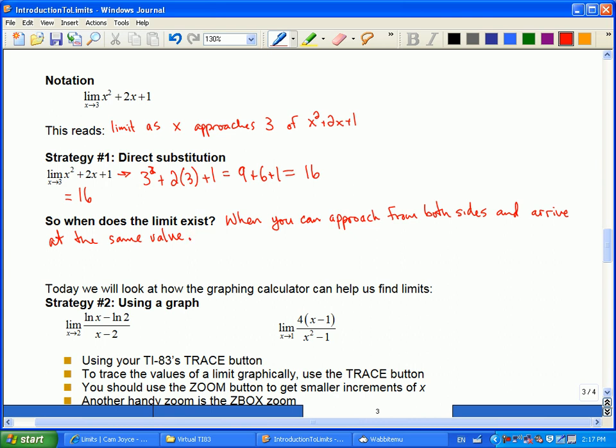So the limit will exist, and again, it'll make a lot of sense in the picture. I'll show you how to do the algebra later, because it's possible to talk about one side or the other. But when you can approach from both sides and arrive at the same value, and one important thing here, and I'll do it in capitals,